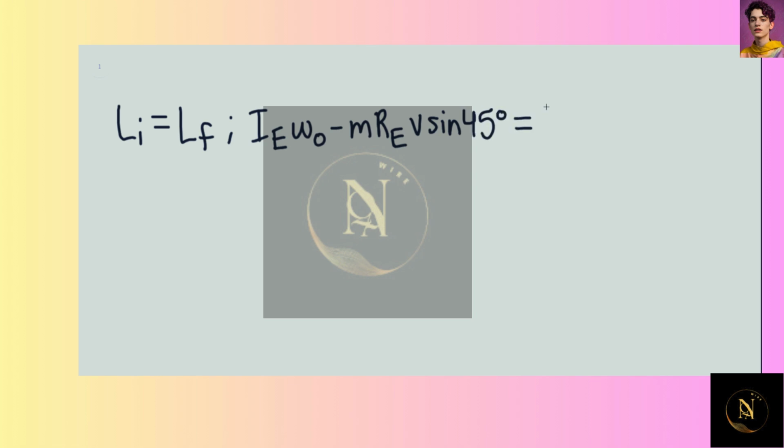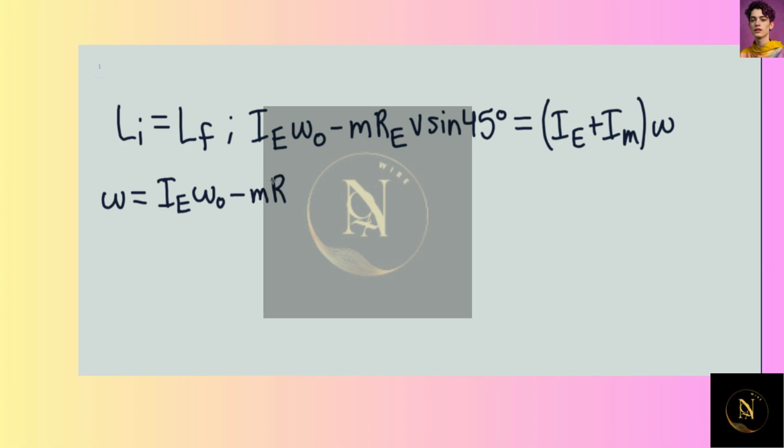And then this would be equaling the moment of inertia for the Earth plus the moment of inertia for the meteorite multiplied by the final angular velocity. And so we can say that the final angular velocity would be equaling the moment of inertia for the Earth times the initial angular velocity minus the mass of the Earth times the radius of the Earth, v sine of 45 degrees. This is going to be divided by the moment of inertia for the Earth plus the moment of inertia